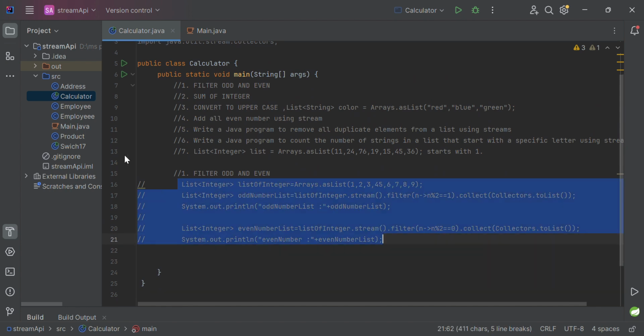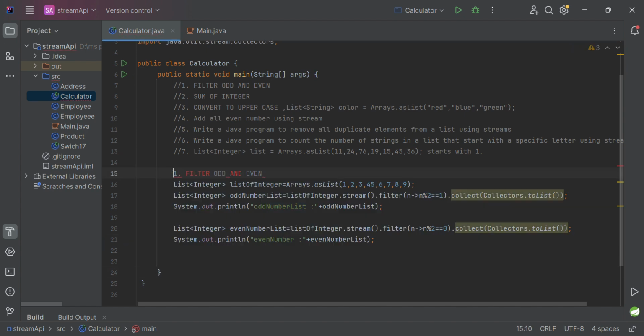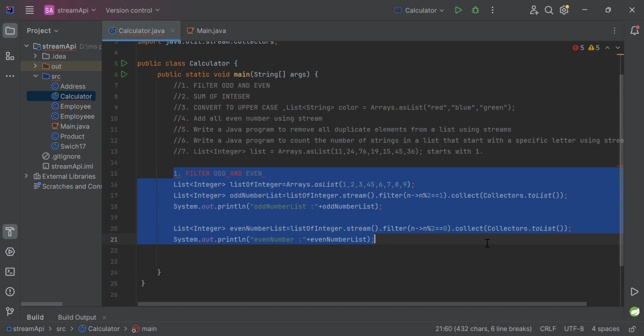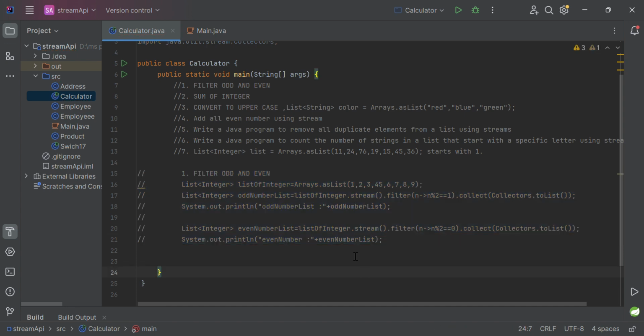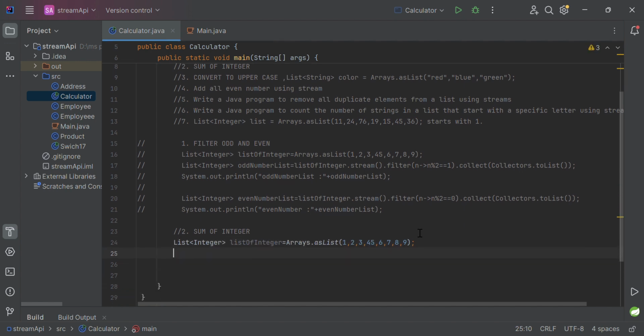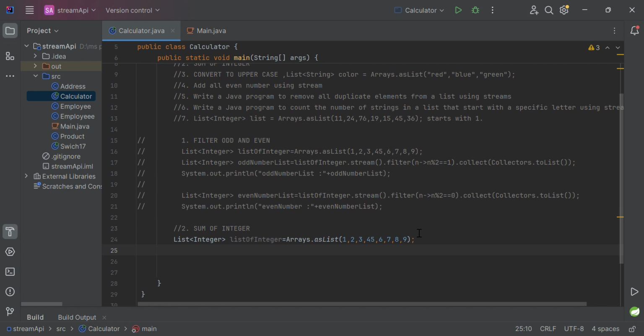Control C. Single comment for everything. Sum of integers. Okay, so let's use the same list. What I need to do is find the sum of all integers, right? So list of integers dot stream dot